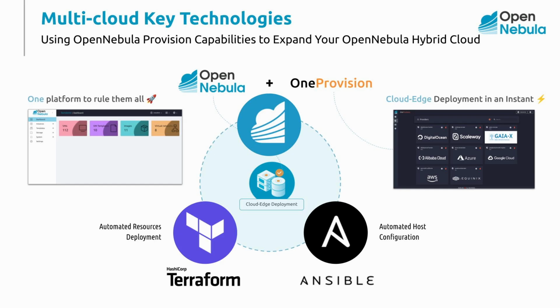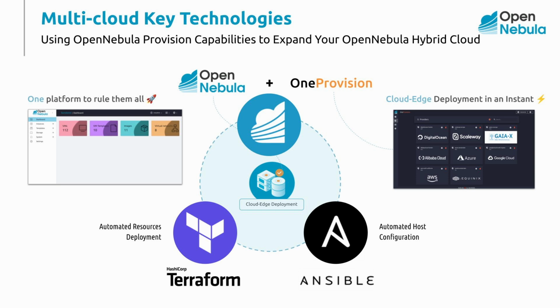Let's discuss the key elements of this integration. The first is OneProvision, an OpenNebula tool that makes it possible to expand your hybrid cloud with minimal effort. OneProvision, by using Terraform for automatic resource deployment and Ansible for automatic host configuration, can automate the provisioning of hosts and other resources in a single click, ensuring that your cloud is ready to meet the demand at